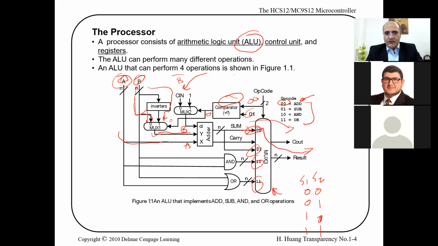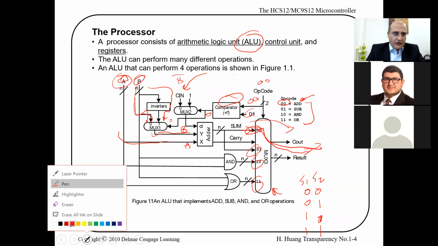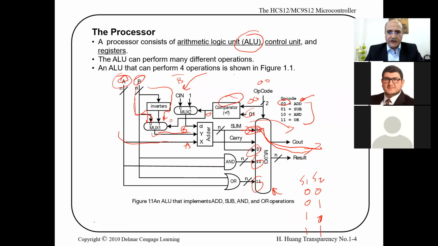So A plus B will pass here to the sum and pass to the result. If I put a 0, 0 here, the result is adding A and B. What if we have a subtract? Subtract is in green. If I put a 0, 1 here, that means whatever is on the 0, 1 input is going to